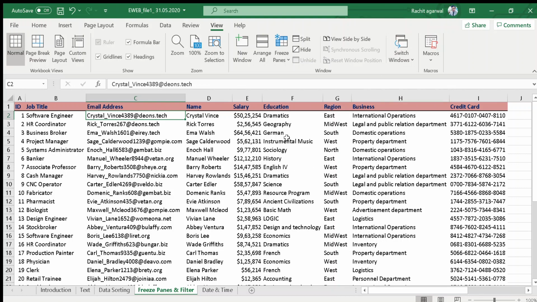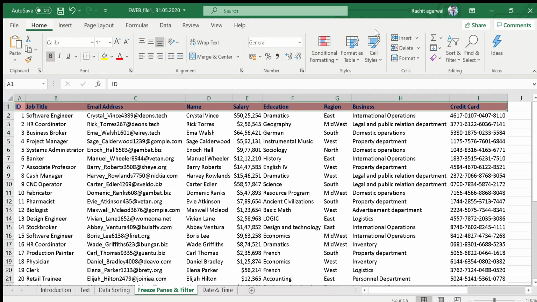Filter is basically, if we apply this particular feature to the table, Excel converts your entire data into a filtered form, like this one. First of all, you have to select the first row, your title row, go to the Home tab, and there is an option Sort and Filter, and you will get the Filter option here.